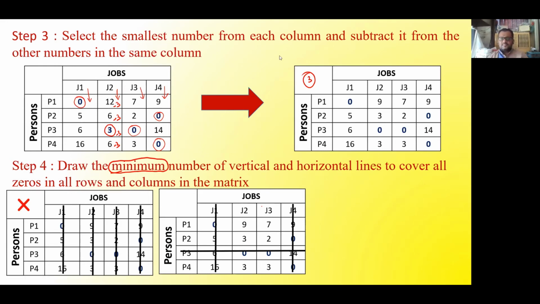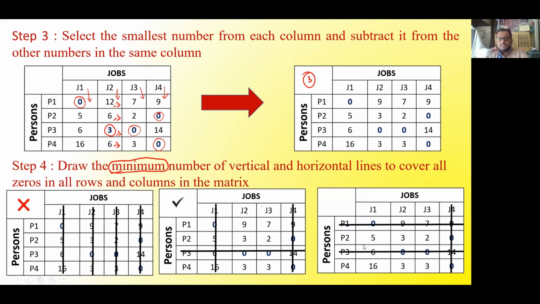Sir, give one job to two people. Yes, one job or one person is being assigned to two jobs, or one job is being assigned to two people. Now someone will tell me, sir, I don't want to do it like this, I will do it like this. So this is also possible, yes or no? The third one. Yes, sir. Yes, that is also possible.